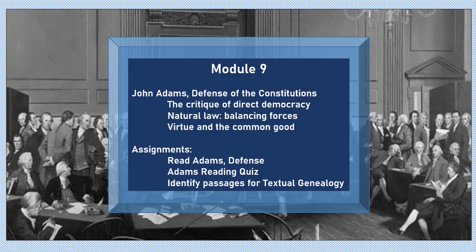The rule of virtue will secure the common good better than the rule of every individual's natural right to participate in government. So there must be constraints on that democratic principle in order to achieve this higher good, the common good. That logic is foundational to the transition away from the revolutionary state constitutions towards the federal model, the Madisonian turn, that will be our primary focus in the final movement of the course.